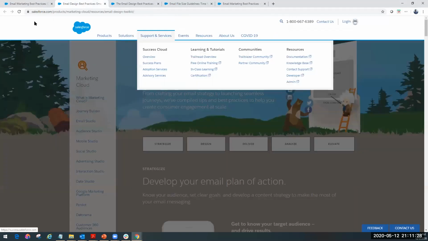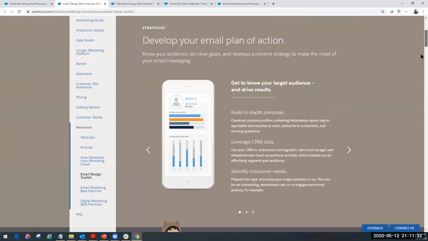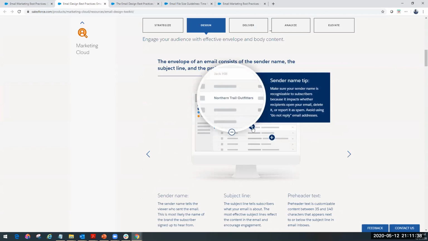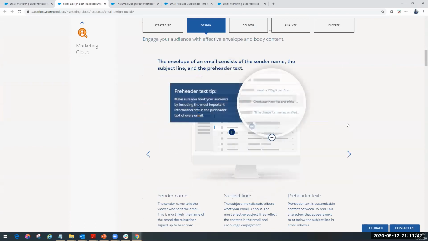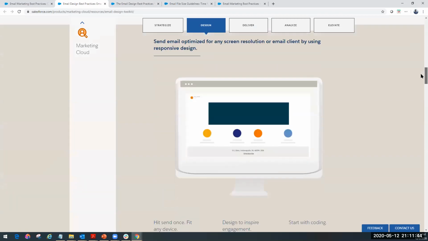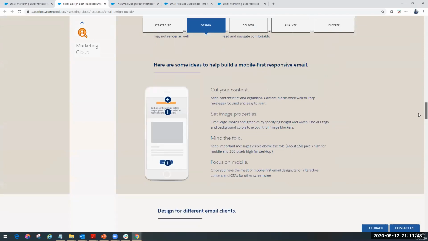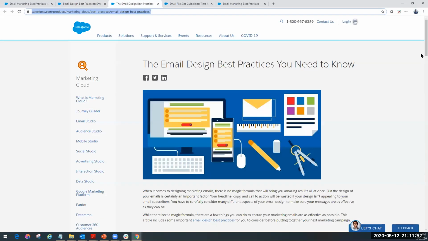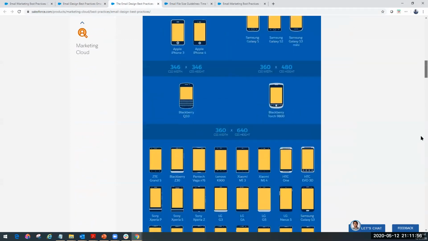Then there's a design toolkit. This one I would recommend you specifically go through the tips that are provided here. It's easy to miss them, so you have to go through some of these tips. There's a bunch about design that they mention, especially how do you build responsive templates, and if you want to make it device friendly. There are even recommendations for multiple devices, on how to do it.